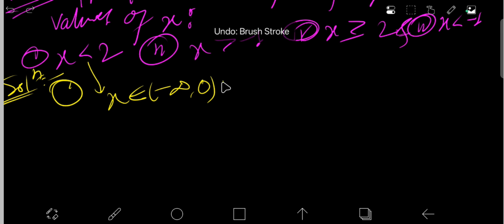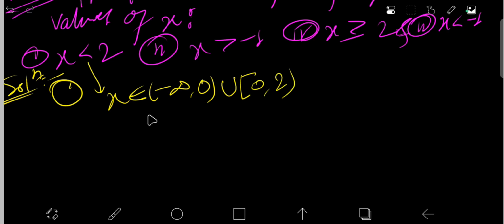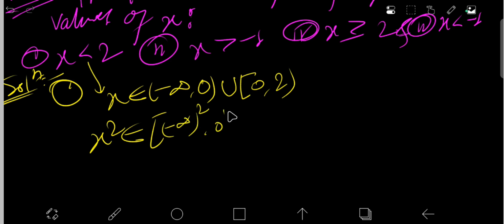This is a union of a closed interval and the non-negative numbers; we can write it in a different type. This type we can write also. This is correct. Now we are squaring this, because we are finding this one. When we square this, it gives plus infinity. So squaring gives 0 square, union closed interval 0 square, and open interval 0 square.